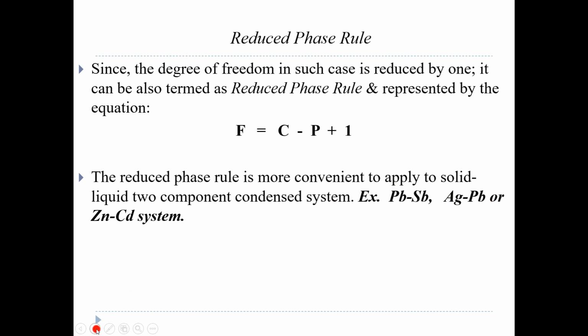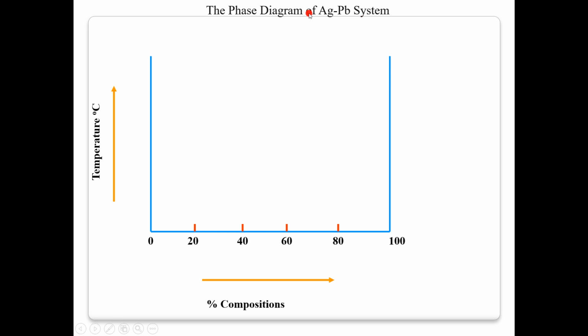Okay, so we are going to take one example for this. This is an example of the silver lead system, and let's draw the diagram now. There are two components over here. Which are the two components? One is silver and one is lead, and we have reduced one parameter, so the formula has changed. Now we are going to study this system with respect to temperature and composition. So here on the y-axis on both sides you have temperature, and here you have percentage composition.